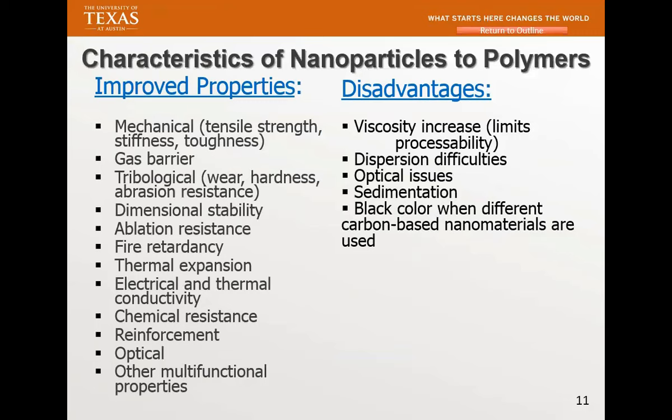You put the clay in your polymer, can be thermoplastic, can be thermoset, or thermoplastic elastomer. Roughly 5%. You look at the literature, you'll find that. You put more than that, it's going to hurt your mechanical property, and that's what you want to watch out for. Another area is what you call disadvantages. The most important one is viscosity increase, especially when you work with thermoset.